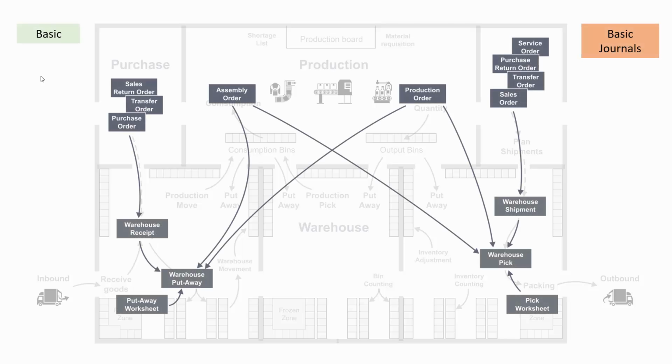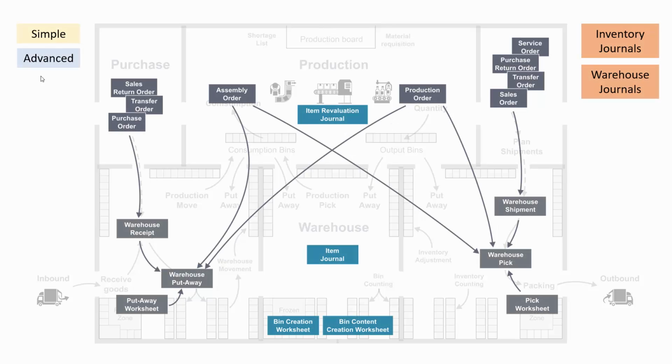So first of all, in the basic functionality, we have the item journal. The item journal can be used for making positive and negative adjustments on inventory. And we do have the item revaluation journal that we can use for changing cost on existing items on stock to revalue them. But we don't have any journals for bin movements, etc., because those apply to the simple or the advanced combination of check marks on the locations.